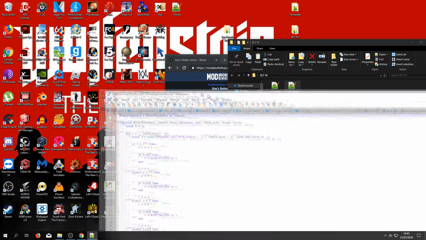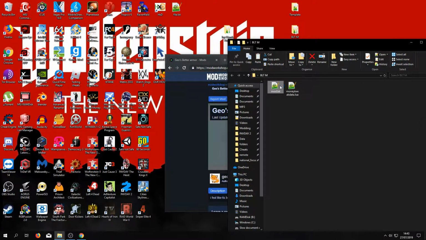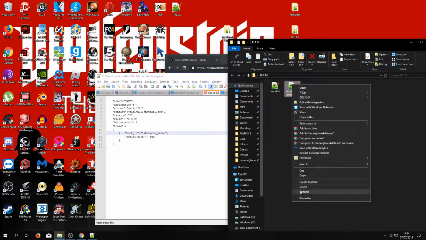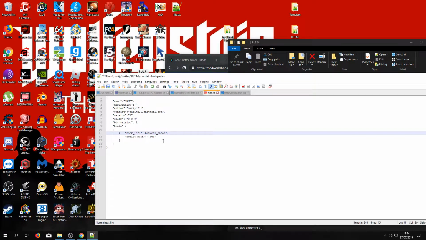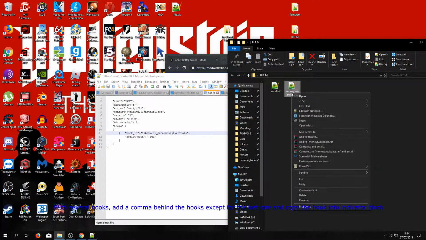I know this by heart, and you enter that here: lib/tweak_data, and then you enter the name of the file without extensions. So money tweak data. Now the game will know where the file originates from.